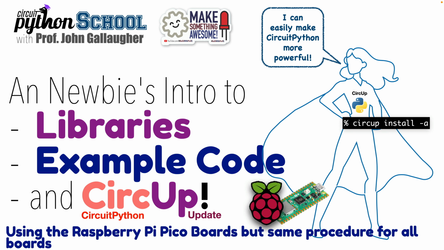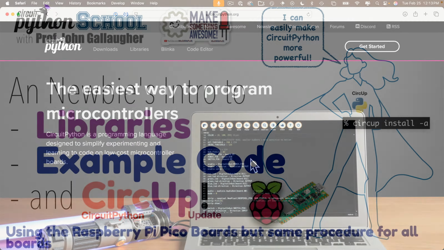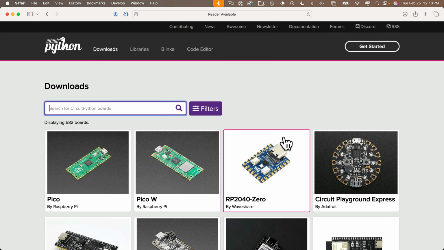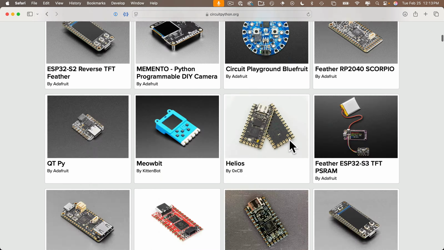Now this does require a bit of setup, which can be frustrating if you just want to jump into coding, but trust me, this is a useful thing to learn, and it's going to remove a lot of frustration that earlier students have experienced. While I'm going to demonstrate how to get CircUp running on a Raspberry Pi Pico series board, you should find that CircUp works identically with any CircuitPython board. So even though you could use any of the hundreds of boards that run CircuitPython, the setup and use should